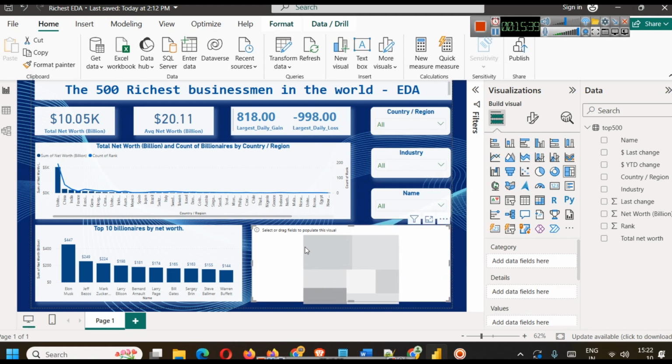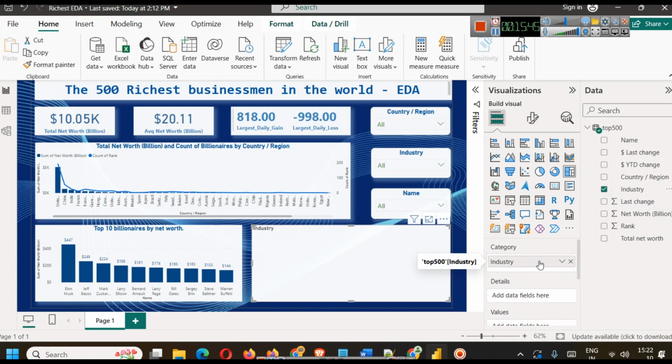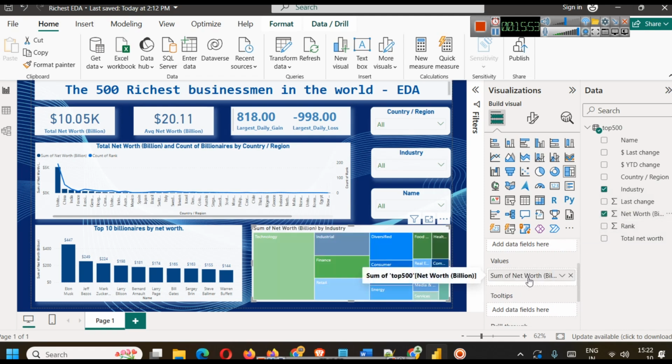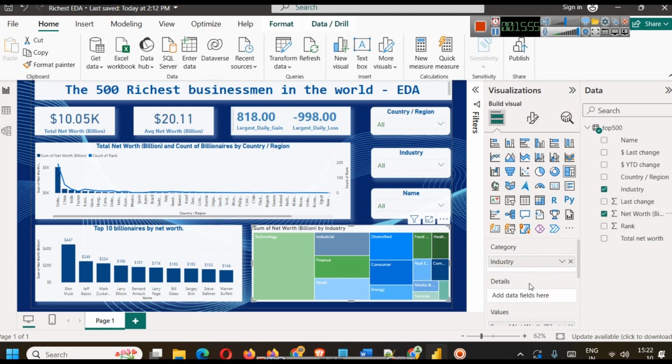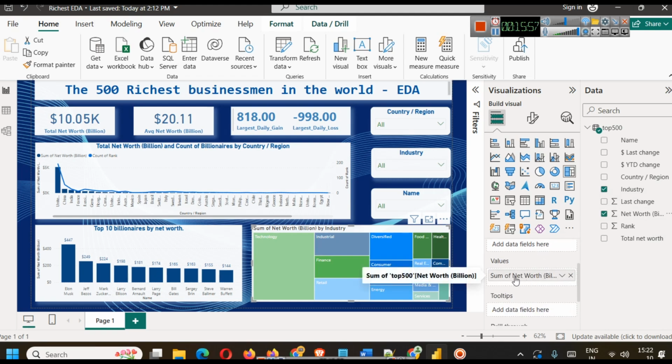Now what we are trying to do here is we have category, so we can use industry as a category here, and we have values, so we can use net worth as values here. Okay, so the first thing is, if you do this, you will see that technology is the industry which is highest here, right? So obviously net worth wise